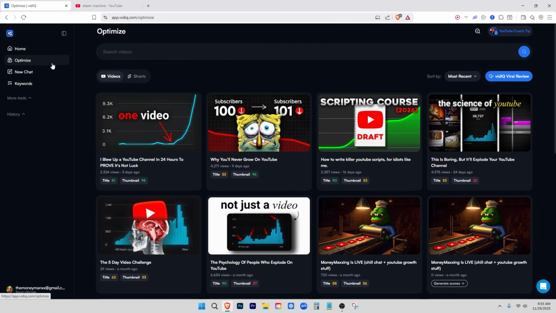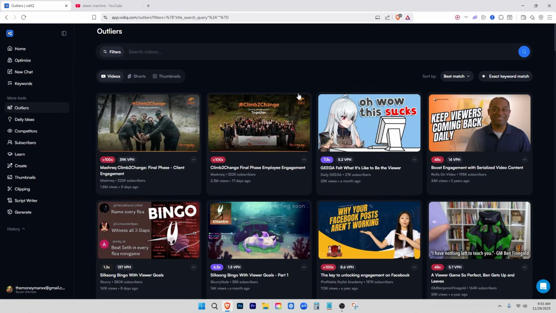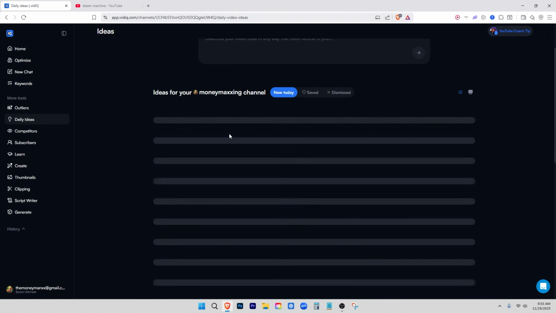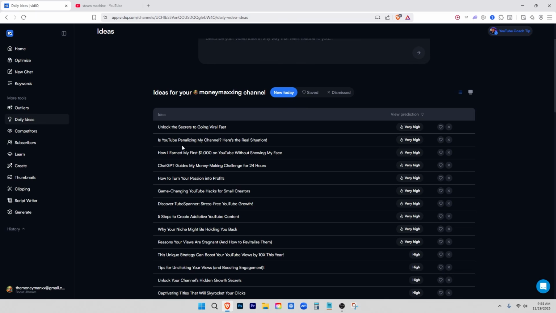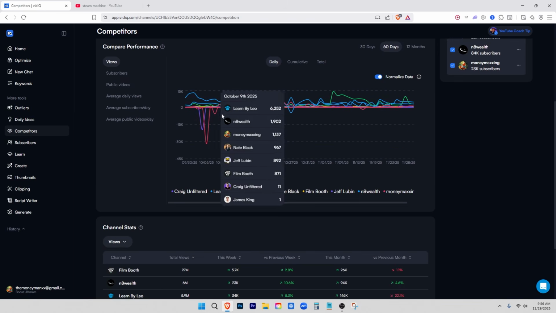You can also optimize your videos. You can see your videos. You can go to more tools here. You can look at outliers, which is basically like a 1 of 10. But on VidIQ, you get daily ideas. So you can see here, let's see what kind of ideas pop up for me. Obviously, a lot of them are not going to be that good, but it can give you some ideas based on your next video. You can check out your competitors here too,